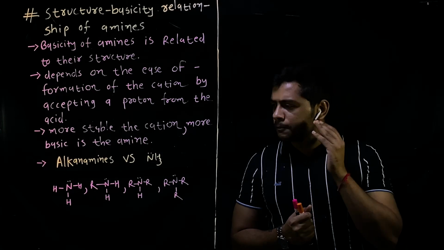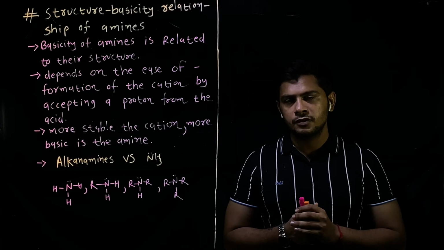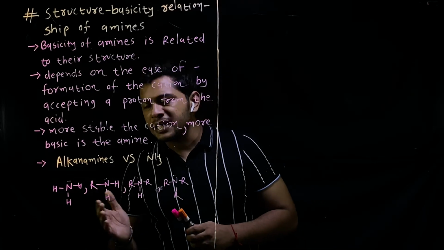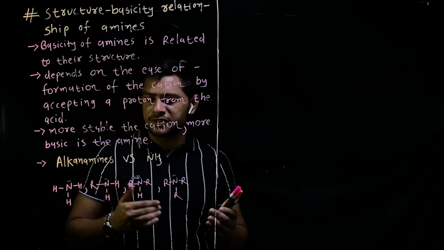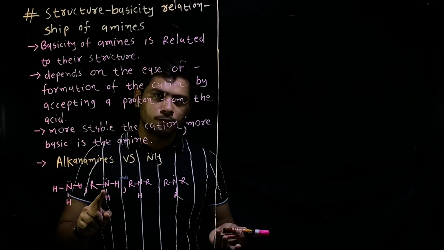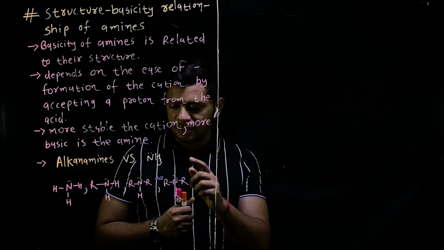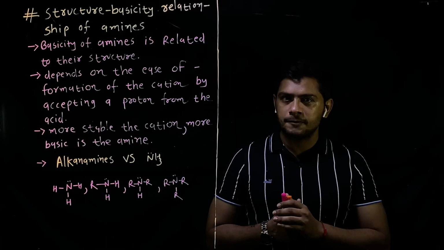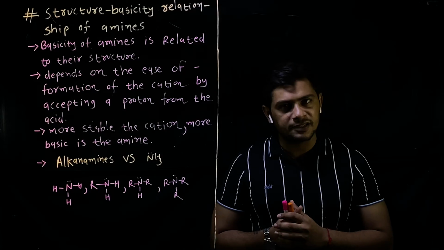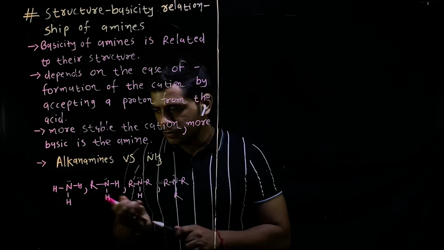So in ammonia there is no R, no alkyl group present. There is one alkyl group in primary amine, 2 alkyl groups in secondary amine, and 3 alkyl groups in tertiary amine. So friends, as the number of alkyl groups increases, electron donation increases,